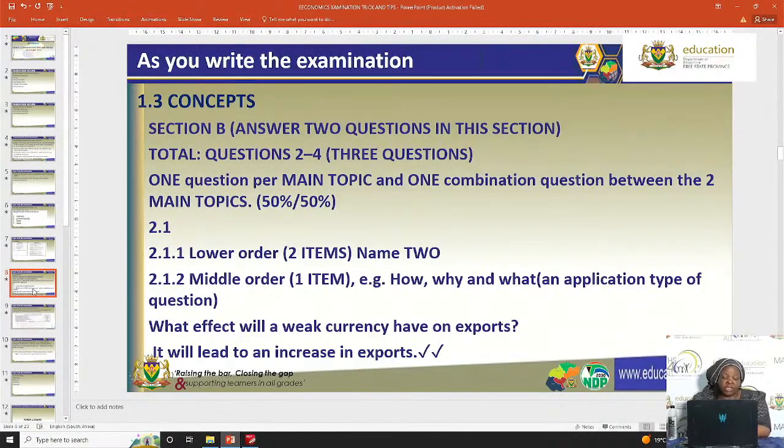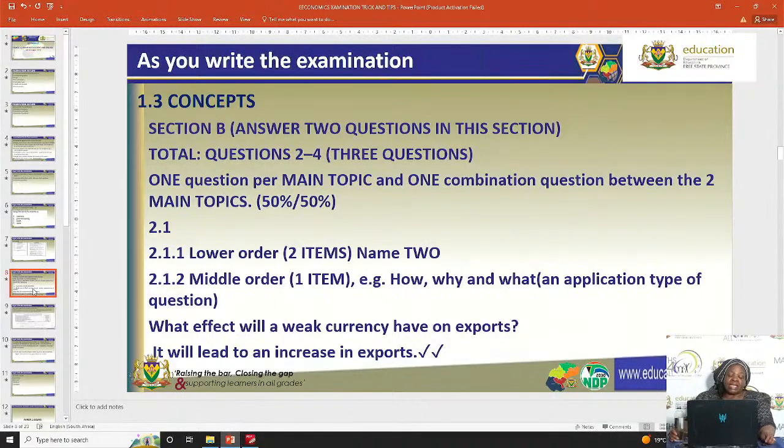Pardon me for that. I'll just use question 2. But what I will say in question 2 will definitely be applicable also in question 3. It will also be applicable in question 4. Now, when you look at your questions, the 2.1.1 or the 3.1.1 or 4.1.1, depending on the one that you are responding to,